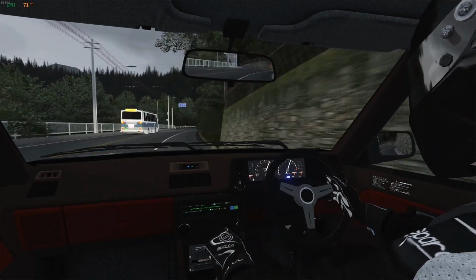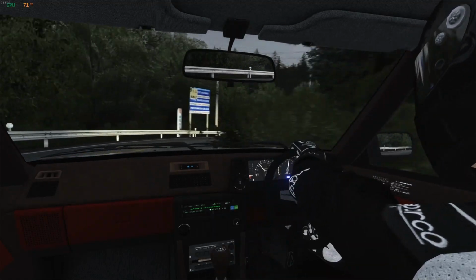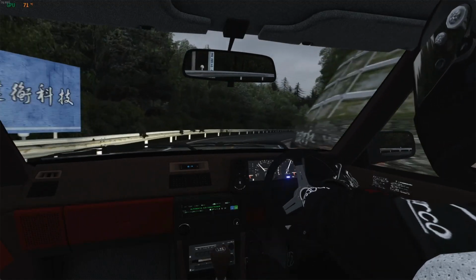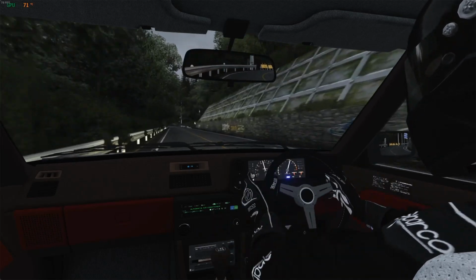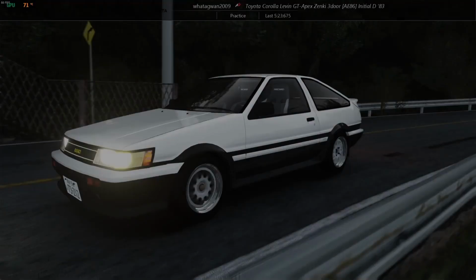Back onto the power and into the final corner. A nice tight right-hander. Try and cut it as much as you possibly can. Going to scrape up against the bush there. And across the line to do a